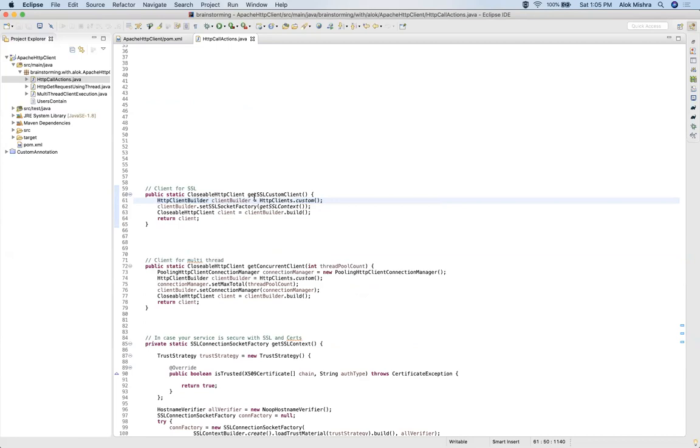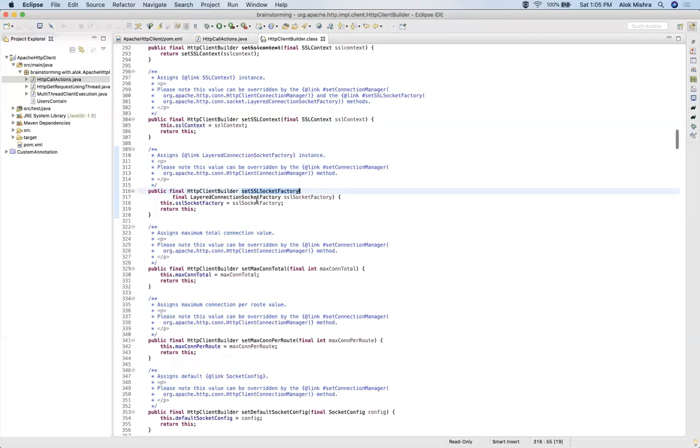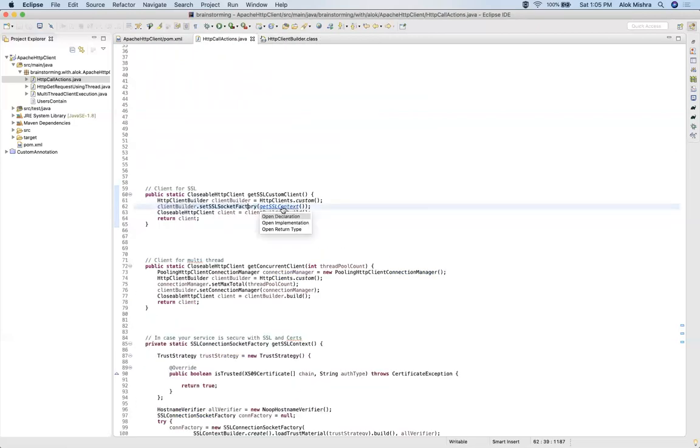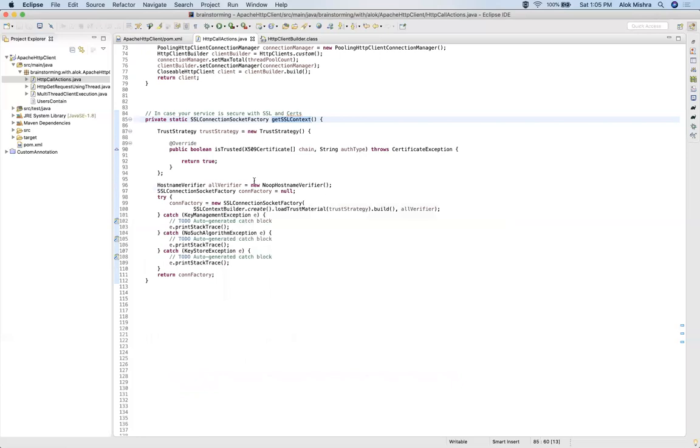You have to create an HttpClientBuilder, and use the setSSLSocketFactory method of the builder class. If you go inside, you can see it takes a socket factory as the input parameter. This socket factory you have to create.